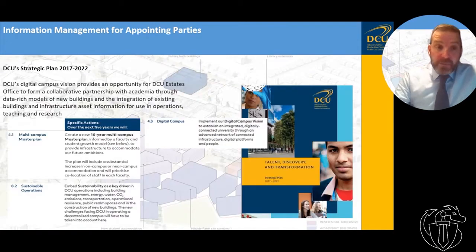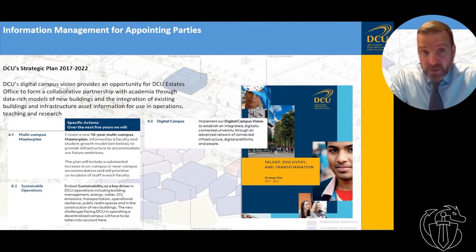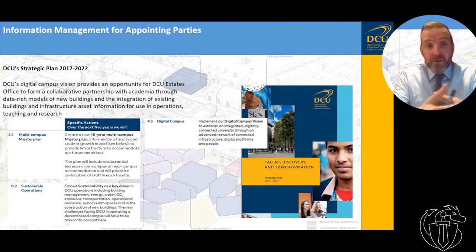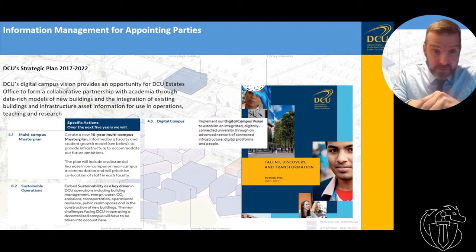So a little bit about DCU and their strategic plan. Their strategic plan was issued in 2017. It's currently under review. There are some exciting elements within there, as well as some specific strategic goals in terms of what we want to do with sustainability and a digital campus to digitally connect staff and students.